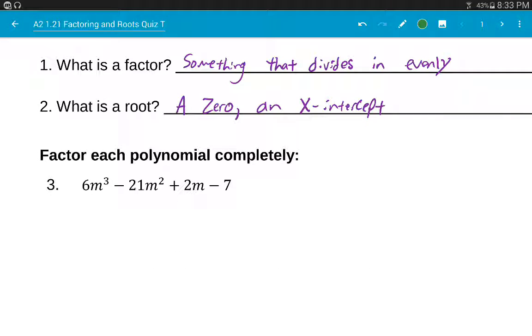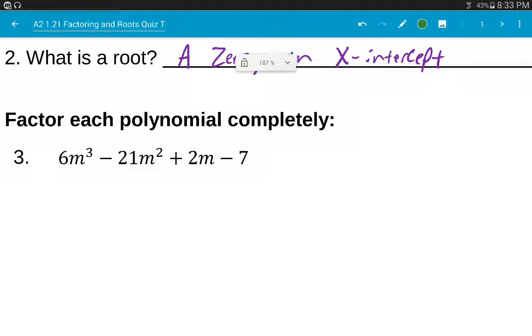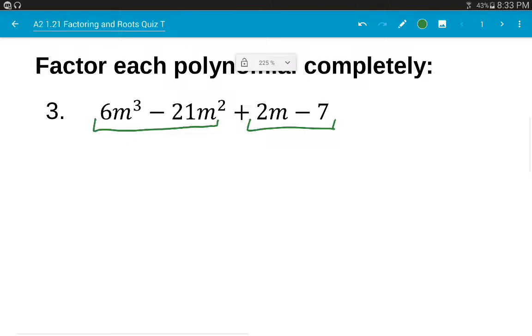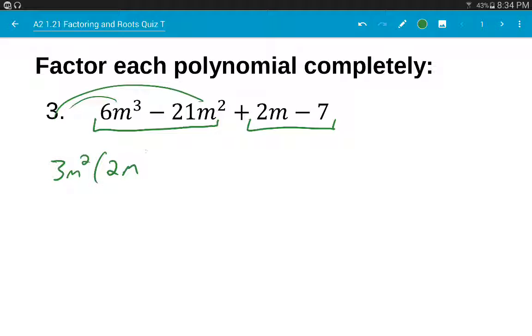Now factor each polynomial completely. This right here has 4 terms, so since it has 4 terms, I'm going to try to use grouping. It's my initial thought when I look at it. It's got 4 terms, so grouping. 6 and 21 are both divisible by 3. They're both also divisible by m squared, so I can pull out a 3 and an m squared from both of these terms. That leaves me with 2m